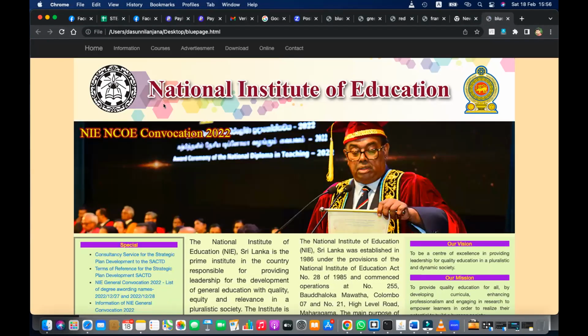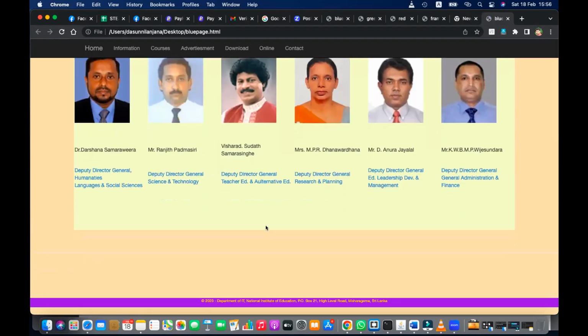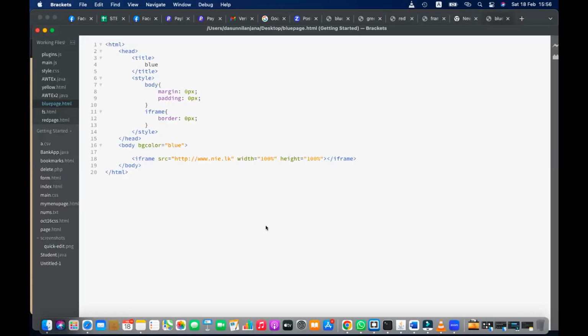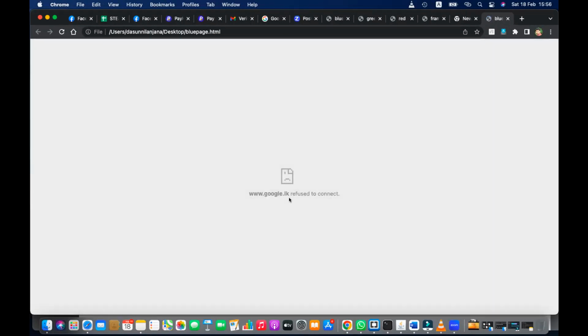And see, without doing anything, you have designed the nie.lk website, right? You have done nothing, but you have the entire website in your page. This is not good. This is not hacking, but anyway, it's not good as well. Therefore, for iframes also, security features are there. If you try to include Google-like web pages in an iframe, it won't allow. So you can see it refused to